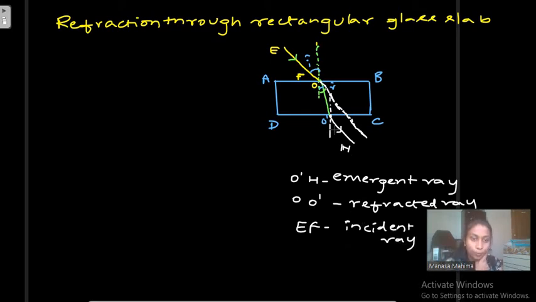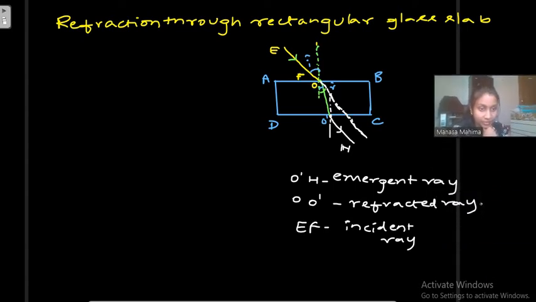So here O prime H, O prime is the refracted ray, and you can say that refracted ray is the incident ray also, correct? Why? Because this is the incident ray which causes the refraction from denser to rarer medium, and we are seeing the ray bending away from the normal, correct? So here also you can see this is the angle of incidence and this is the angle of refraction, or